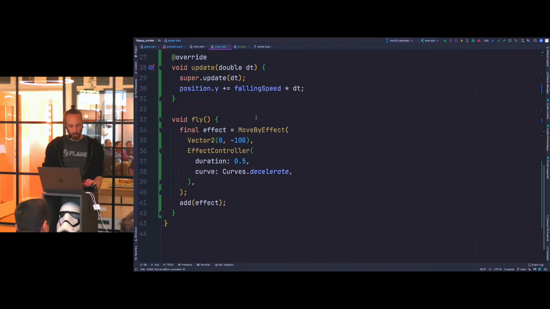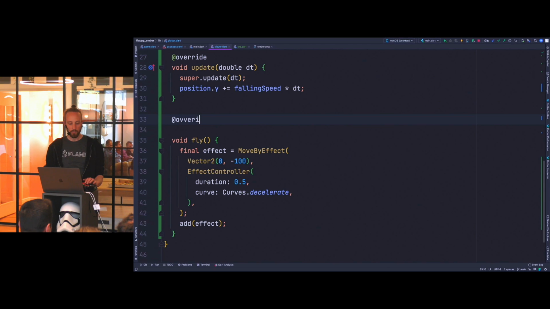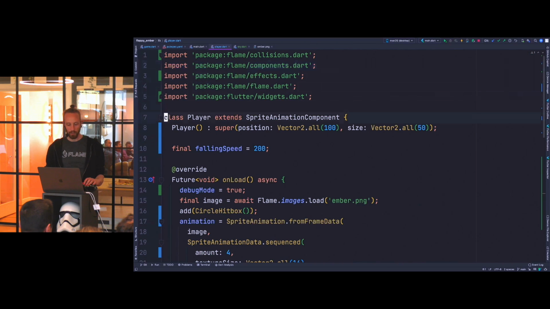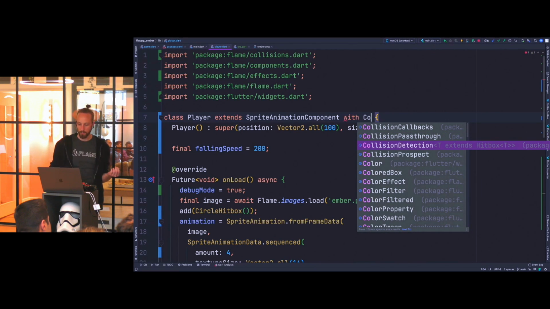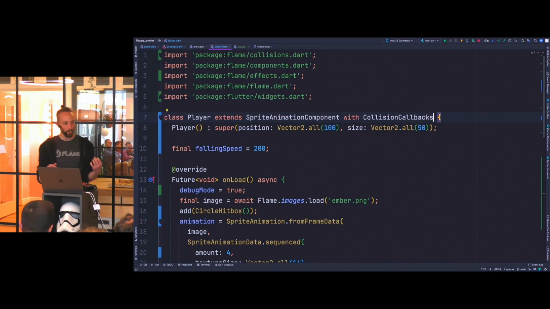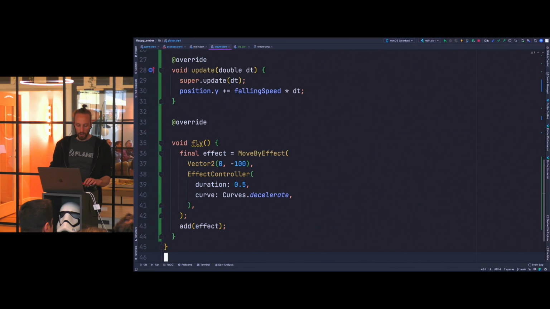So then we need to tell the player what should happen if we actually hit something. And to do this, we need to have collision detection callbacks. And so every time it hits another, it will be easier when you see it in code. So when you hit something else that has hitboxes,